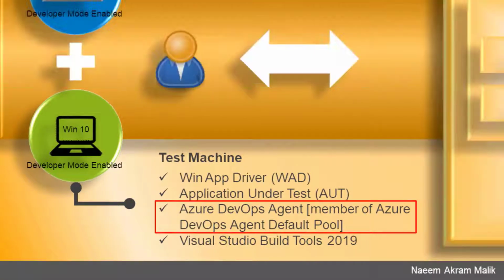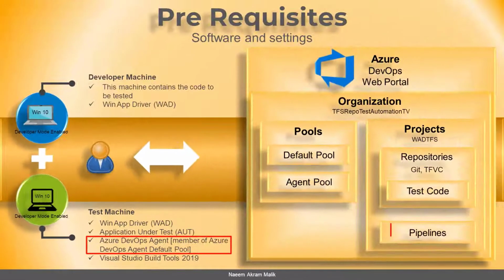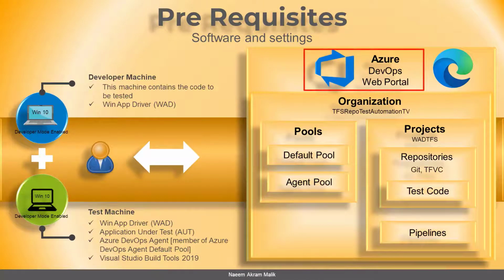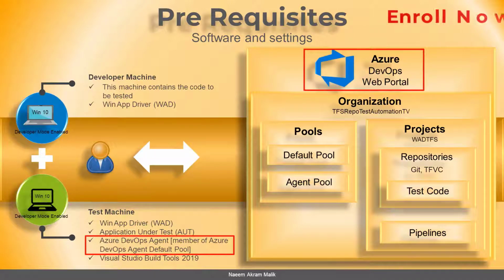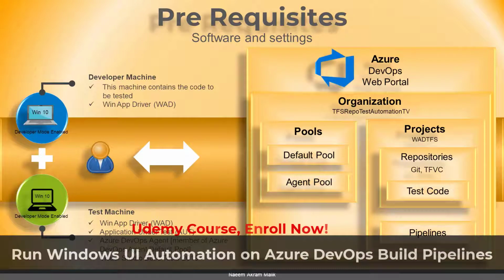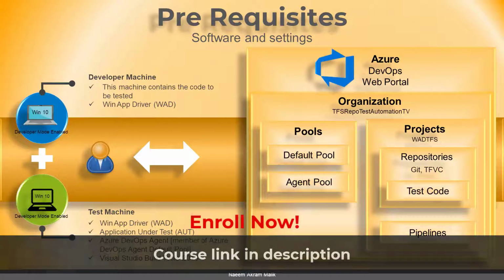The Azure DevOps server is going to tell this agent to run the build pipeline. So when the user clicks some buttons in the browser on the Azure DevOps website, the Azure DevOps server is going to tell this agent to run the build pipeline on the test machine. As a response, the build will fire up the Visual Studio Build tools. It's this process which will run the test automation scripts through a special task which will be explained in this course later on. Let us talk about the tools specifically.